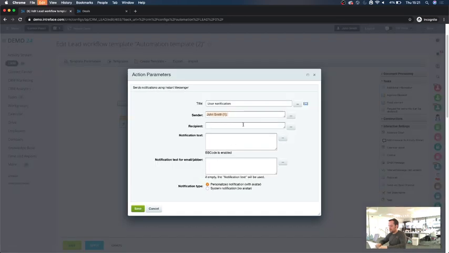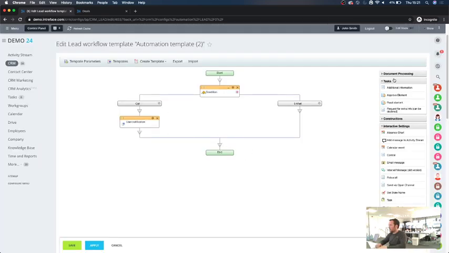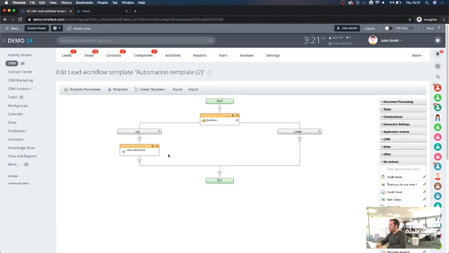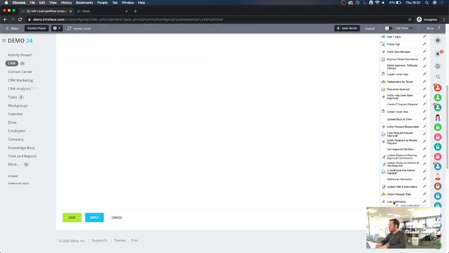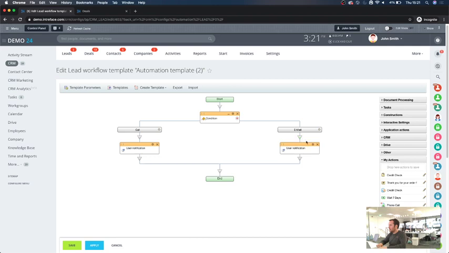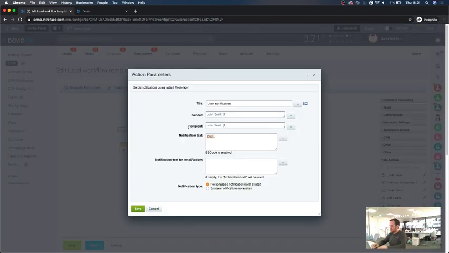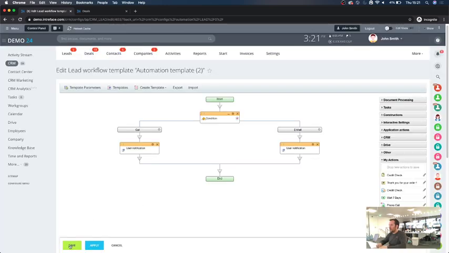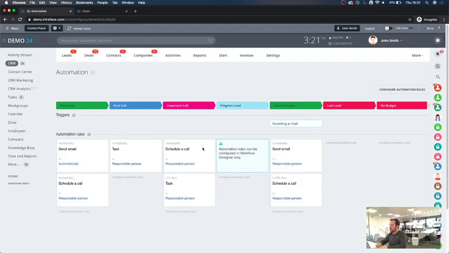I'm logged in as the user John Smith, so I could say call, and then what we could do is send in the same notification, and we'll just change the content of that to be email. So if I click on save now, then as long as our lead that we're in